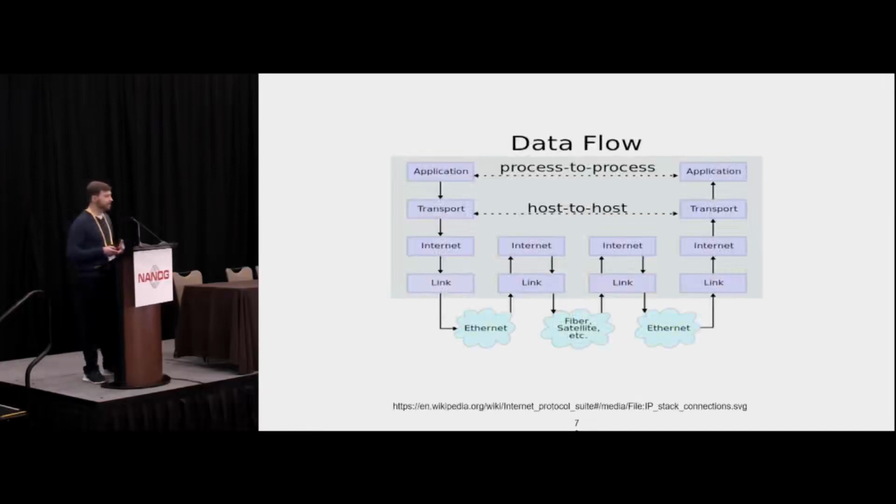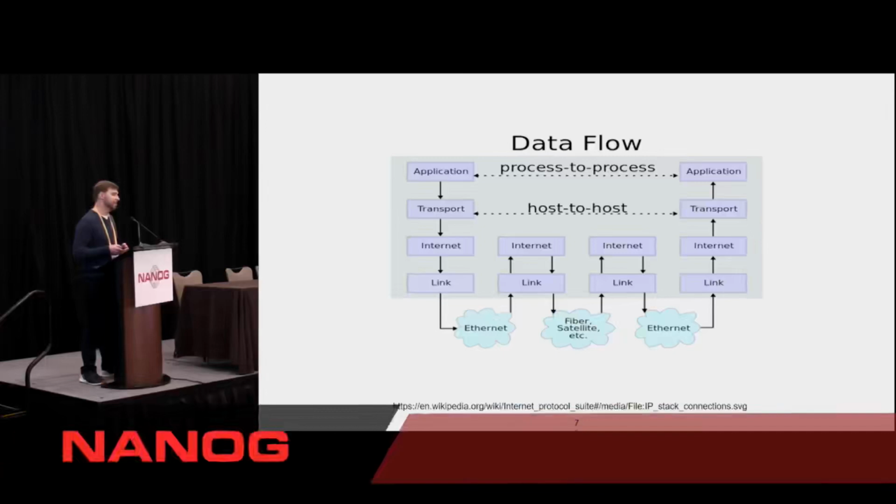So in terms of the network, this is one data flow diagram from Wikipedia. We usually think about network operators as focusing on the bottom half of this diagram: the links themselves and the lower layers of the network. But many of you are also looking at transport metrics and application metrics as well, for a variety of reasons. And this presentation is really about how those things may change, have already started changing in the last few years, will continue to change, and how the IETF is shaping those.